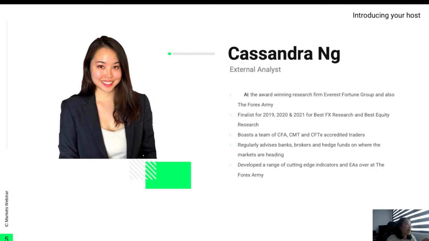Other than that, Everest does create their own indicators and EAs over at the Forex Army if you want to check that out. I personally am a prop trader. I've been trading for a few years now. For those who don't know what prop trading means, it means I got funded by a prop firm. You get funded by passing their tests. Only less than 2% of people ever pass their test. I've passed multiple times already. Once you pass, you get funded, and whatever profits you make, you get a profit split. This is very good for minimizing your risk. I did this by using technical analysis, so I am a technical analysis specialist.